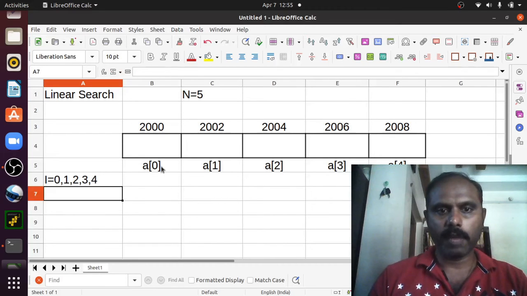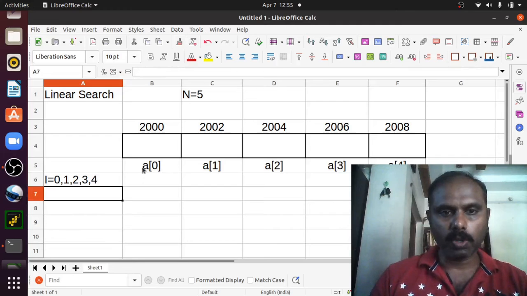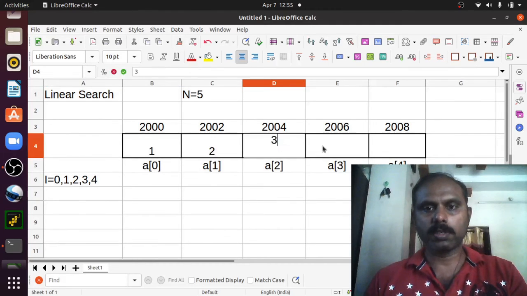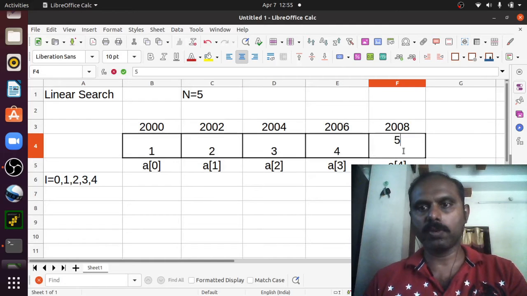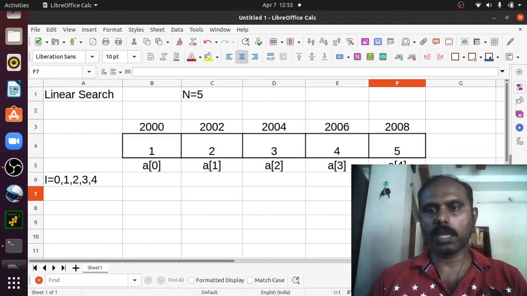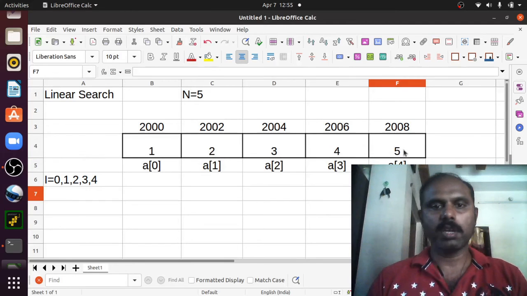I have taken the values a of 0, the first value, second value, third value, fourth value and fifth value. That is, a of 0 is 1, a of 1 is 2, a of 2 is 3, a of 3 is 4 and a of 4 is 5.